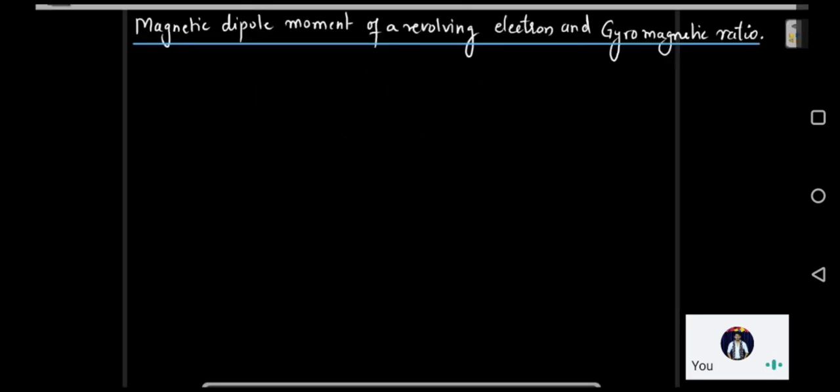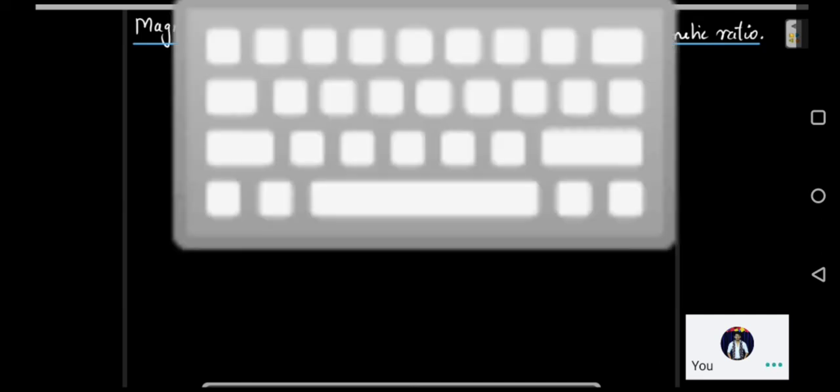Okay, so the next topic we have is the magnetic dipole moment of a revolving electron and gyromagnetic ratio. So this topic we have a derivation actually, but the derivation is reduced. The derivation is not there for this year. Only problems can be asked based on the formula. So basically we need to understand the derivation here to understand what the formulae are. So we'll just quickly do the derivation. You need not study this derivation for the exam. The derivation will not be there for evaluation. Only a problem can be asked on this.